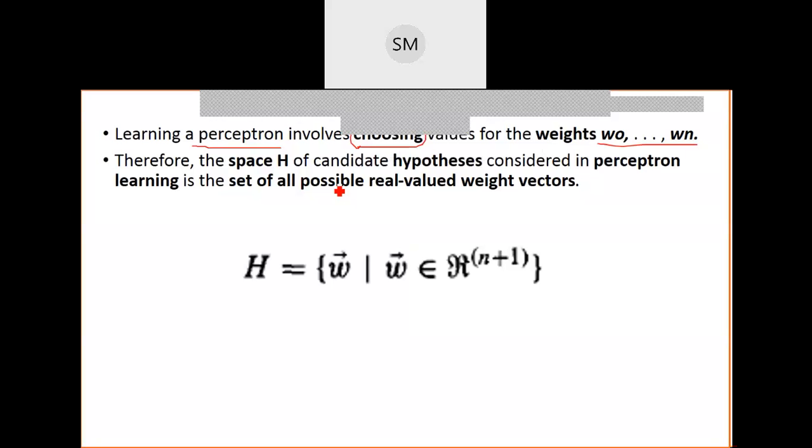Similarly, here in this module, since we are talking about artificial neural networks which deal with weights, the hypothesis space is nothing but a space of weight vectors. Remember this word, weight vectors. It is nothing but a set of weights in this hypothesis space. So capital H is full of small letter w's. What are these w's? Weights. And what type of weights are they? They are